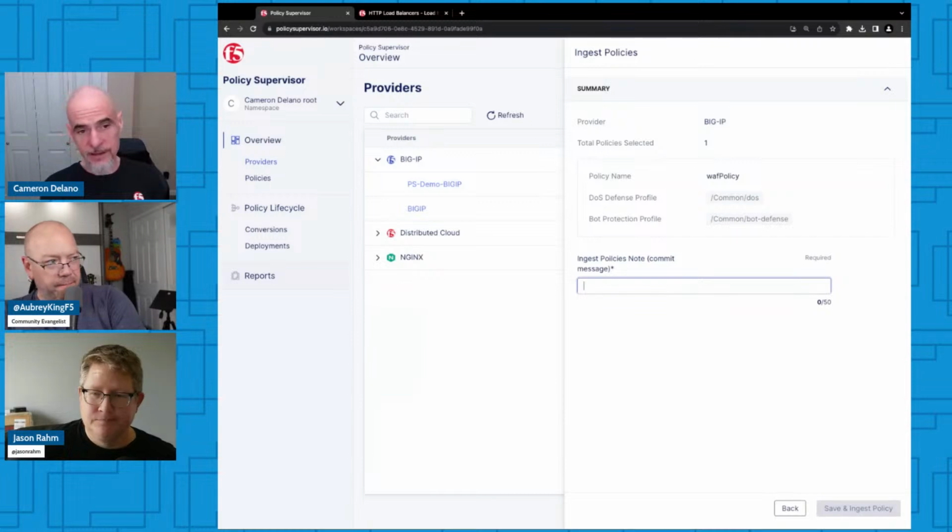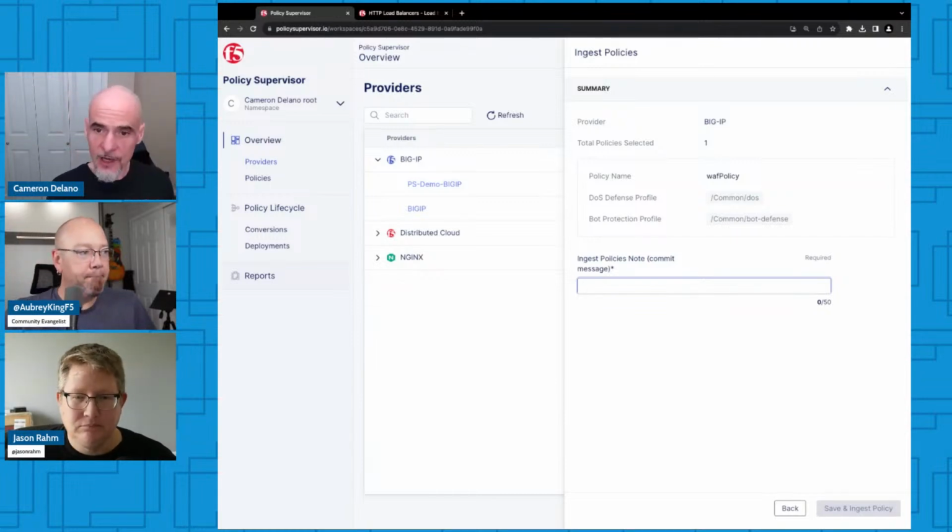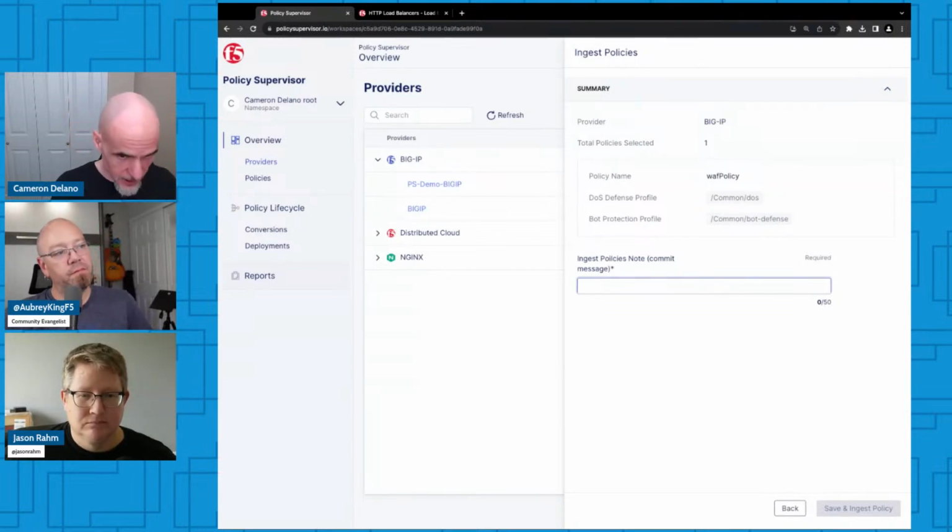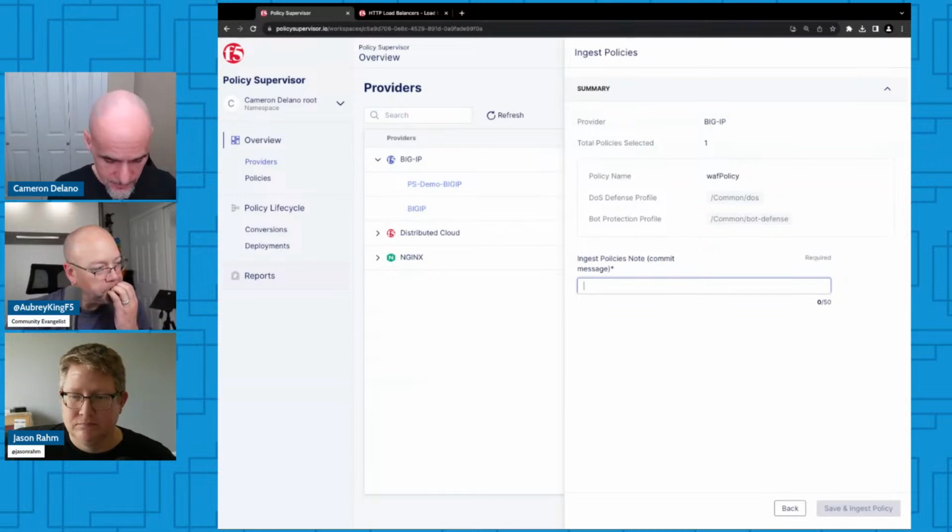So it's kind of GitOps underneath the hood here. So you're going to see a lot of things like an ingestion note, which is a commit message. So we'll just give this a